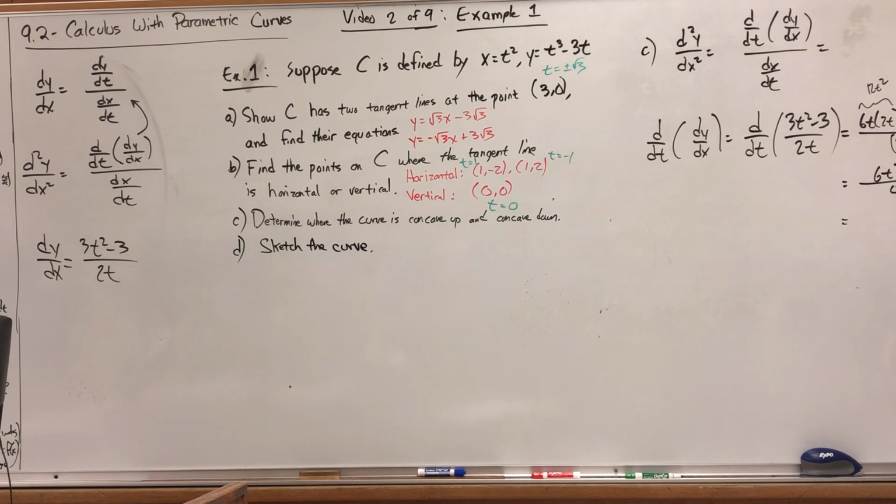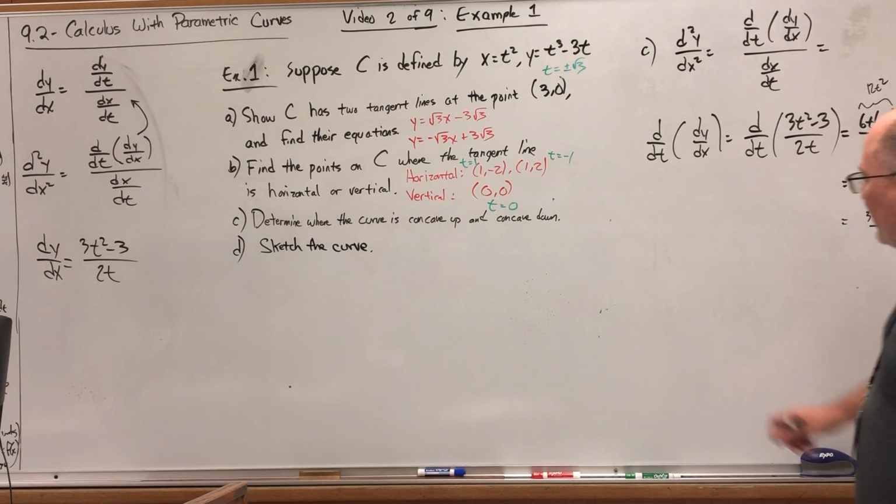Imagine factoring a 2 out of the top. That 2 being a factor is eligible to reduce with the 4. That would leave us 3t squared plus 3 over 2t squared. But that's not our second derivative. Our second derivative